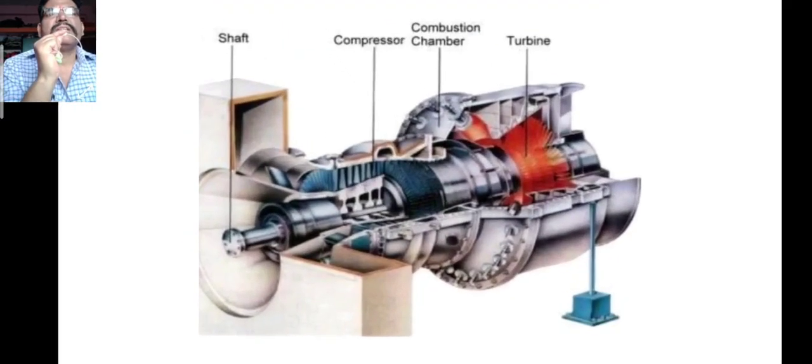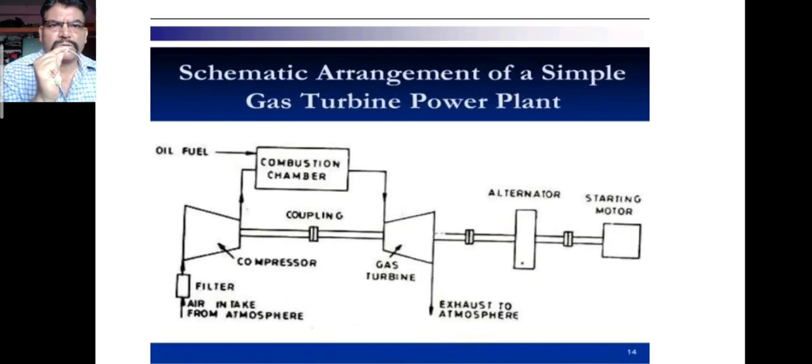So here you can see the diagram having the shaft, the compressor, the combustion chamber, and the turbine. In the cross section diagram of a gas turbine you can see that the generator is always connected to the turbine. When the turbine works, as the generator is connected, there is generation of electricity. A generator is sometimes also called an alternator.